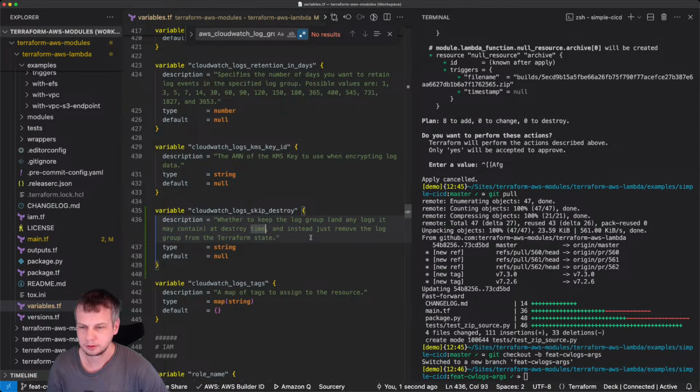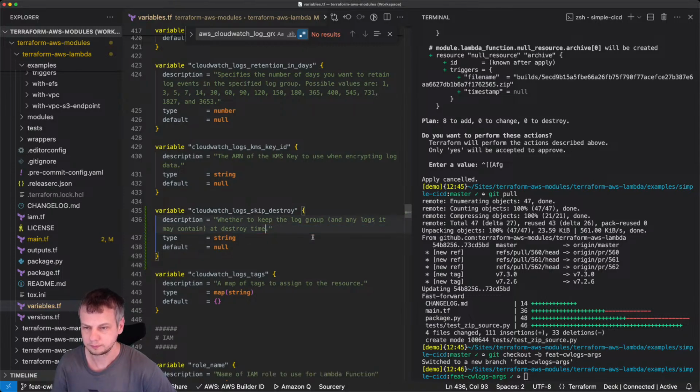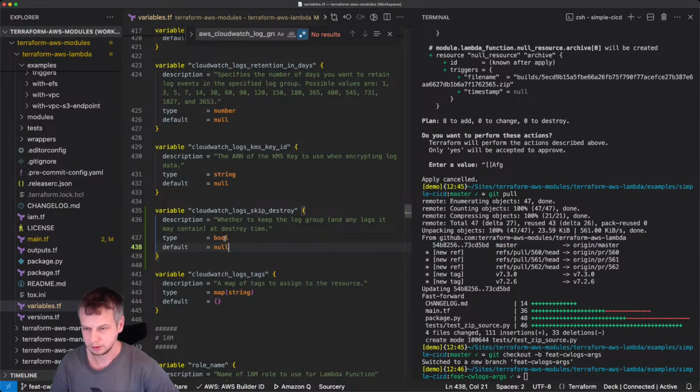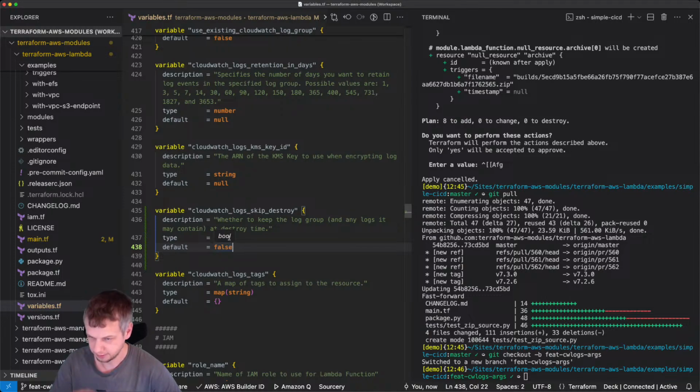Just remove the rest. This is a bit of a simplified way. And by default, as we saw, it was false. So it should be boolean false, because this should be backward compatible.